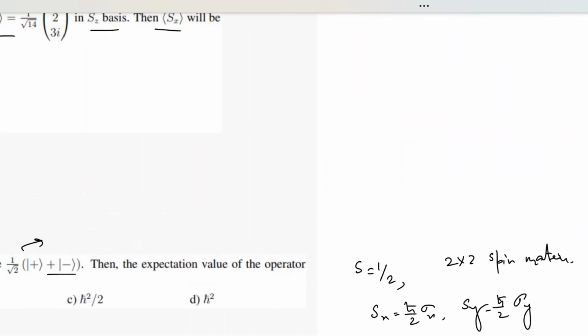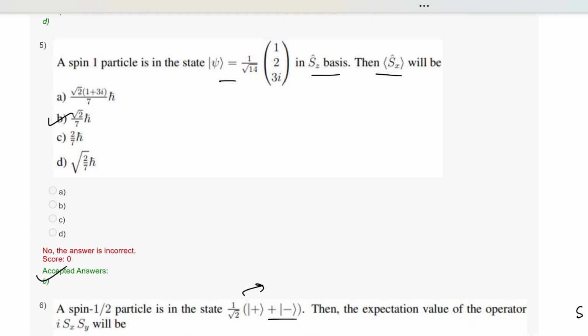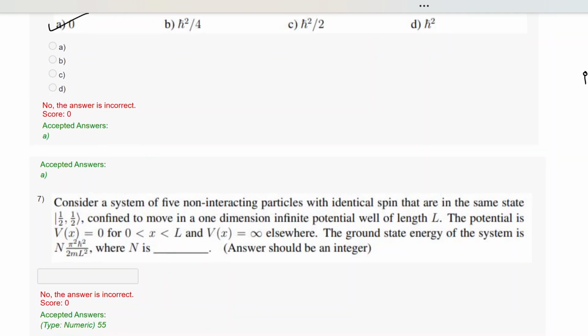So the final answer you are getting is 0. So this expectation value is 0. Now question number 7. Consider a system of 5 non-interacting particles with identical spin that are in the same state |1/2, 1/2>,